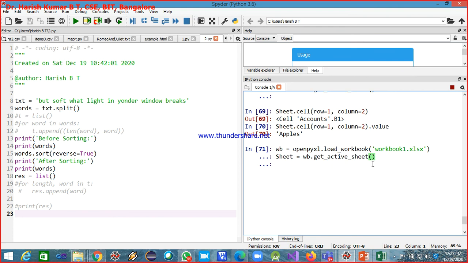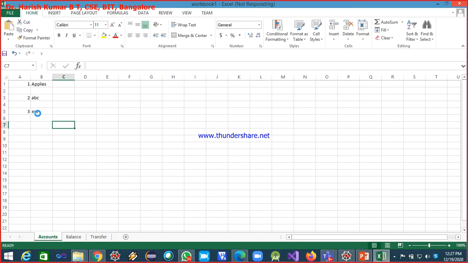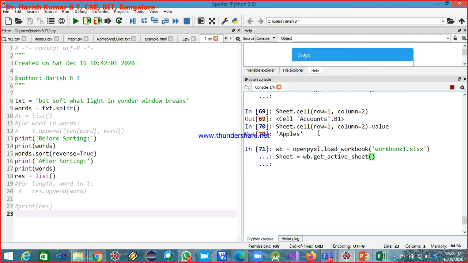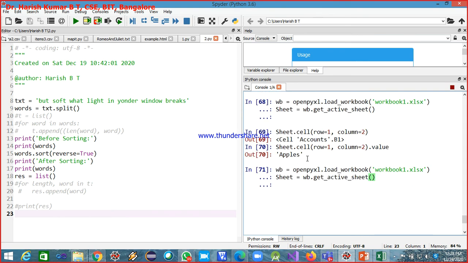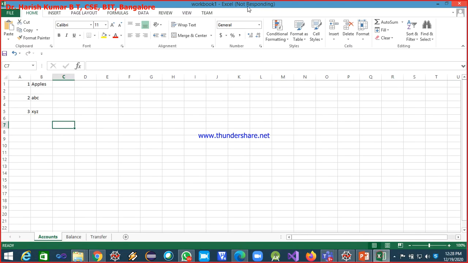No, it's not responding. Yeah, it's a little busy. The workbook is not responding. Why? Because it was opened earlier. I think I had to perform the close operation. Without closing, I tried opening it again, so for that reason it went into the not responding mode.